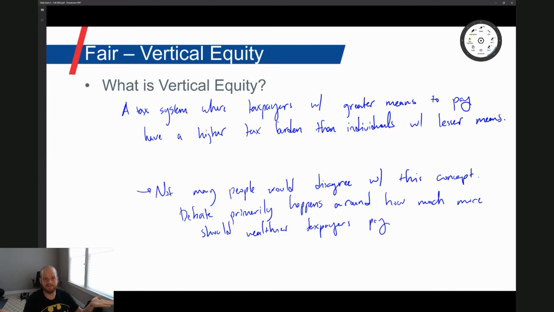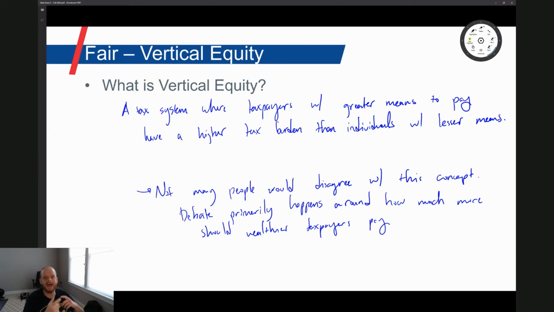a similar amount of tax, right? We're adjusting ability to pay with tax preferences by finely tuning those dials. With vertical equity, we're talking about a system where people who have greater means pay more than people with lesser means. And actually, this idea isn't that controversial, right? No one is saying that a billionaire should pay less than someone who is making ends meet, working multiple jobs, and so on and so forth. Everyone, to a certain extent, agrees that people that make more should pay more.